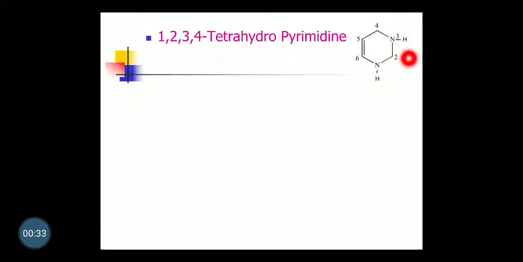All these hydrogens we are adding at these 4 positions, and we are going to remove the double bonds between 1 and 2 and 3 and 4. So it becomes 1, 2, 3, 4 tetrahydropyrimidine. It's a pyrimidine, but we added 4 hydrogens, tetrahydropyrimidine. Thereby, if you are adding hydrogens, the double bond will get removed. If you are adding 4 hydrogens, the 2 double bonds get removed. If you are adding 2 hydrogens at 1 and 2 position, the 1 double bond gets removed. So in this case, we added 4 hydrogens, 2 double bonds got removed, only 1 double bond is remaining, and that's why it's 1, 2, 3, 4 tetrahydropyrimidine.